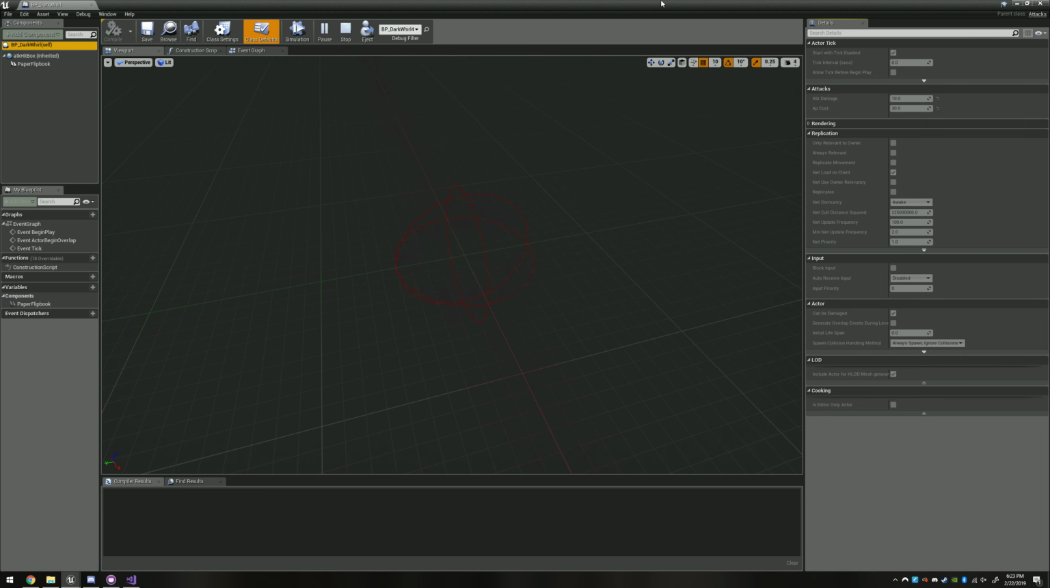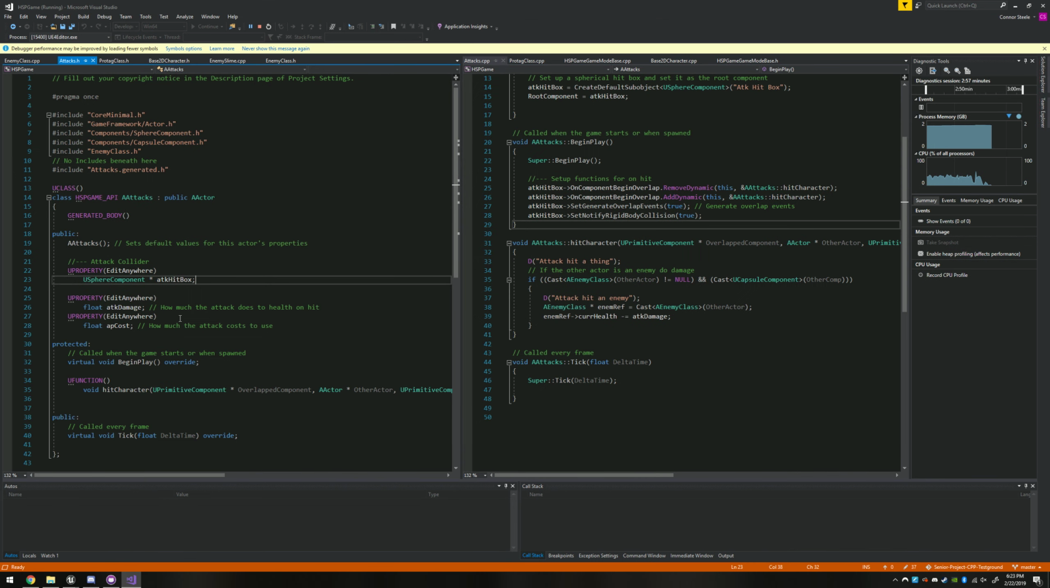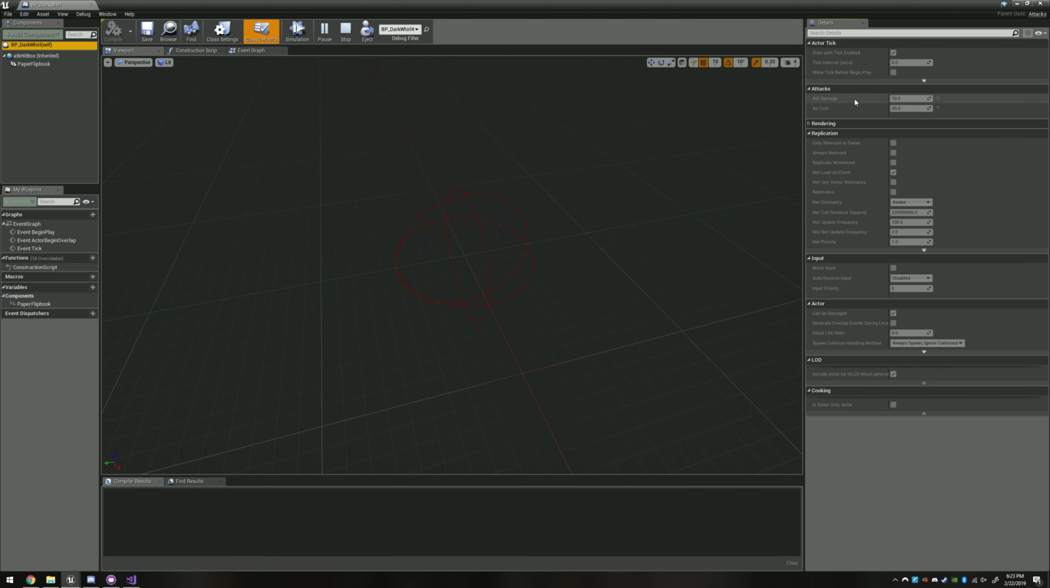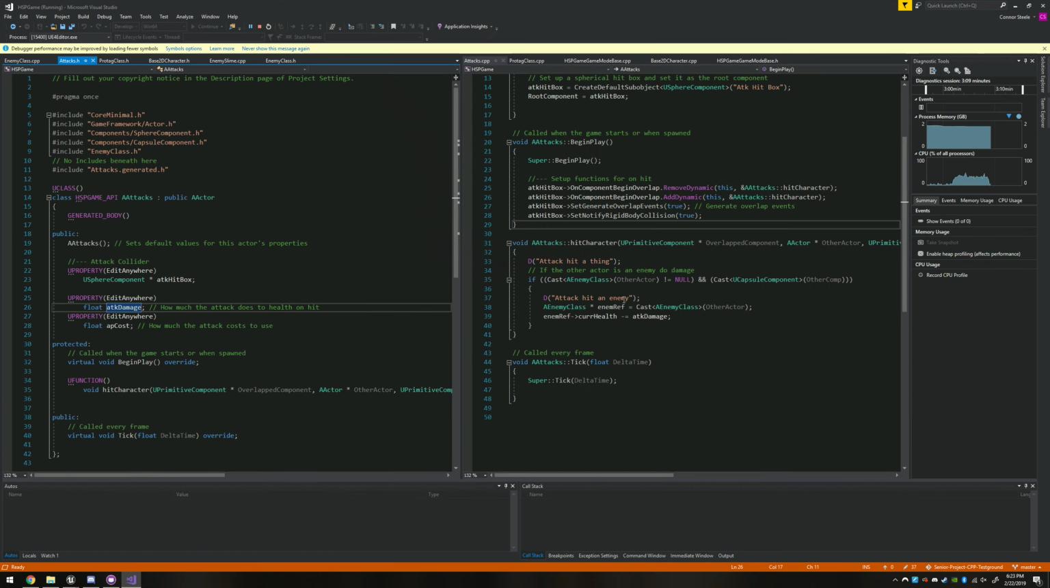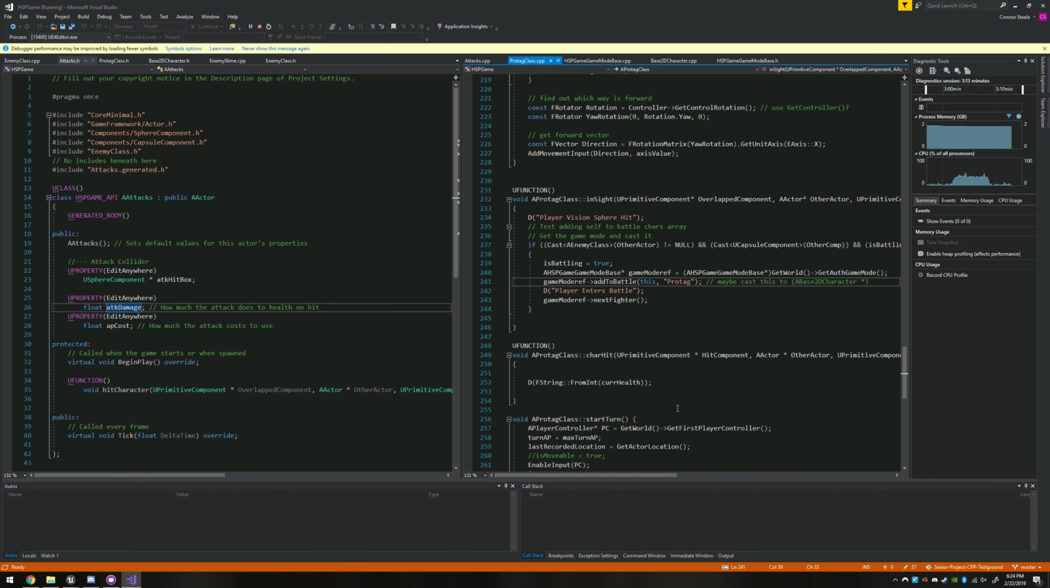This is the category for where those things are defined. As you can see, we have the UPROPERTYs here, EditAnywhere for both of them, attack damage and AP cost, and this lets us just set the damage and the AP cost in the blueprint. Makes it really easy, because on the player end of things, what's happening is that